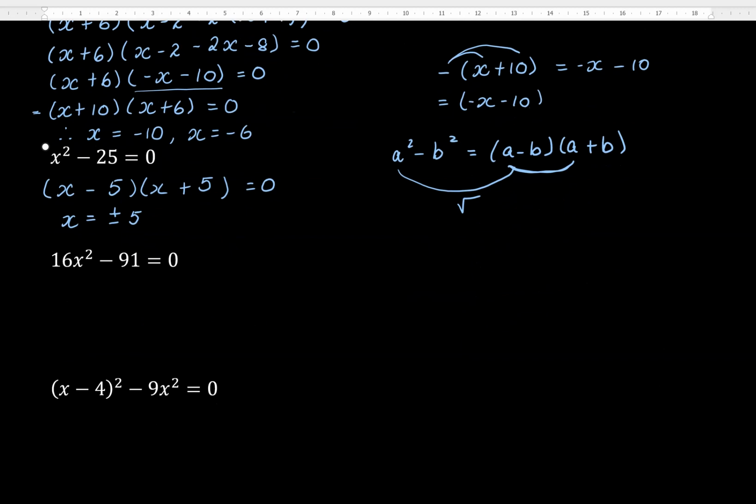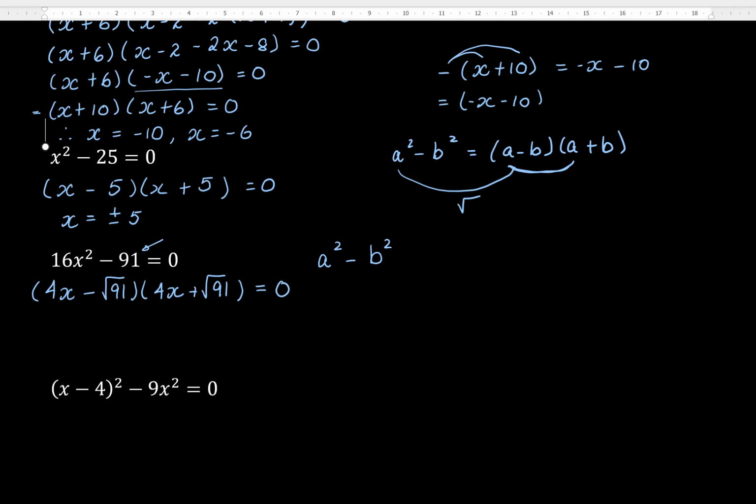Okay, so next one. Everything's on one side, all is well. Is there a common factor? No, it looks a bit hideous, but again, I would argue this looks like a squared minus b squared. So what times itself gives me 16x squared? Well, I've got 4x times 4x. And what times itself gives you 91? Well, that's a typo. I think I meant to write 81, but that's good in effect because you can just say, if it doesn't have a nice square root, you can just put minus root 91 plus root 91